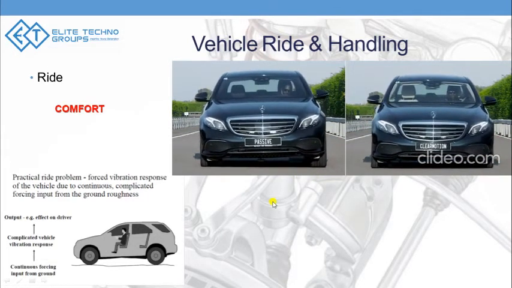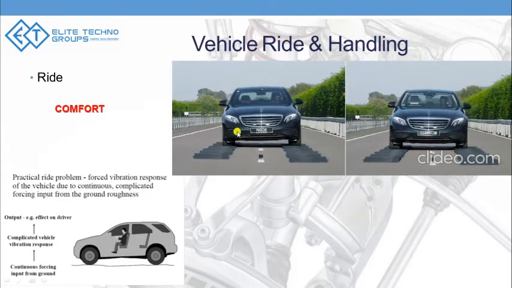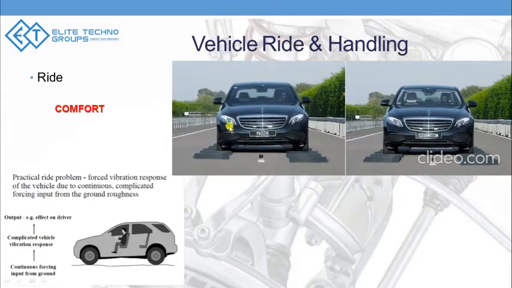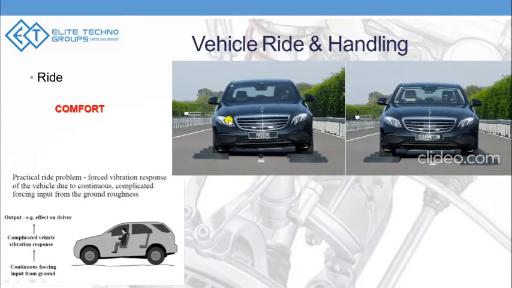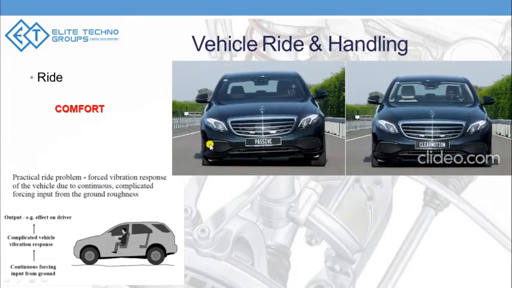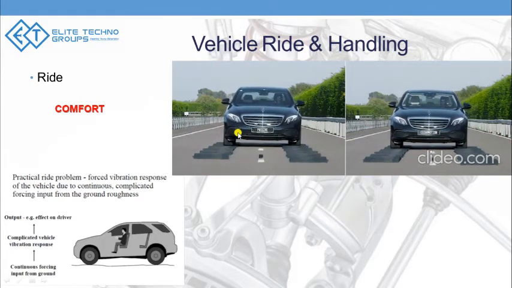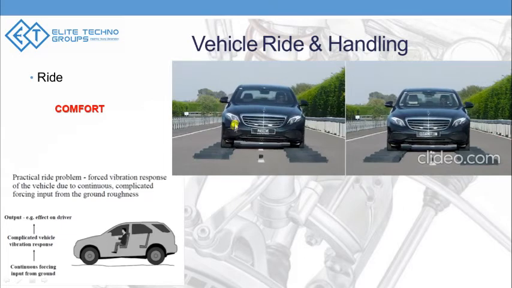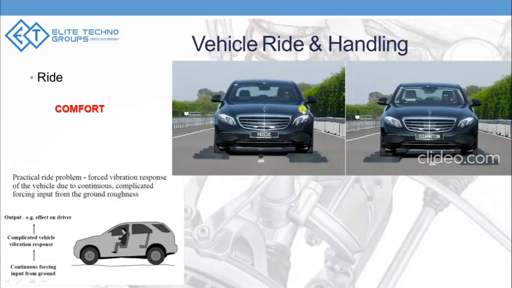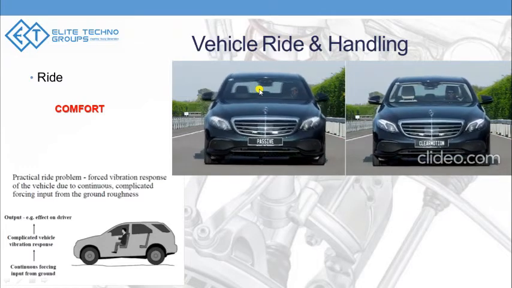The harder it is, the less absorbing capacity the suspension has. For example, for the hardest suspension, you can imagine that instead of a damper and spring system, you replace it with a steel rod. There is nothing that absorbs, and it transfers 100% of the road irregularities to the body. If you connected your wheels with a steel rod, you can imagine how uncomfortable the driver would feel inside the car. That's the reason, the softer the tire and the softer the suspension system, the better it is for the ride.